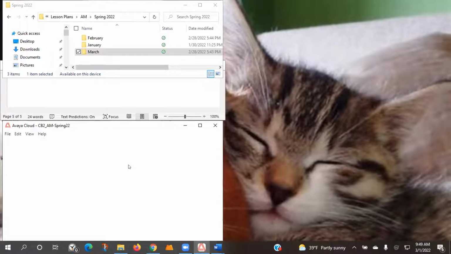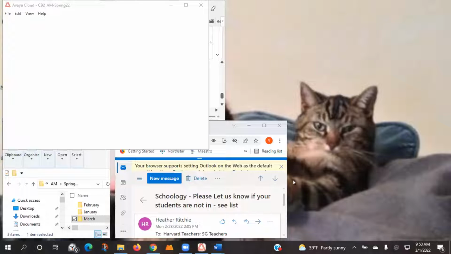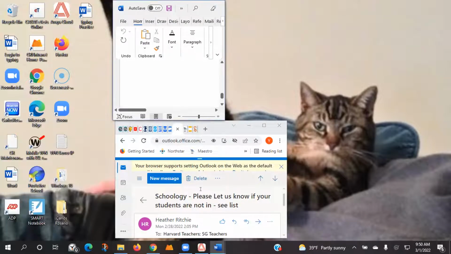Okay. So this show windows stacked, that was the second one. So let's go ahead and right click an empty space on the taskbar. The next one is show windows side by side. So go ahead and click show windows side by side. And that's messy. So what we're going to do is minimize some windows and only leave 2 windows showing on the screen. Minimize the other ones, and all you want is just 2 windows on the screen. This is another way to show windows side by side,